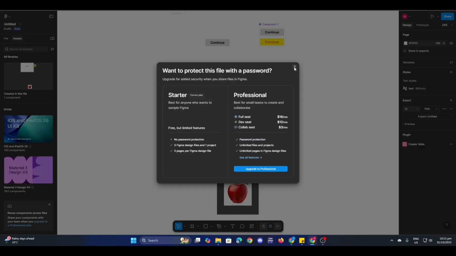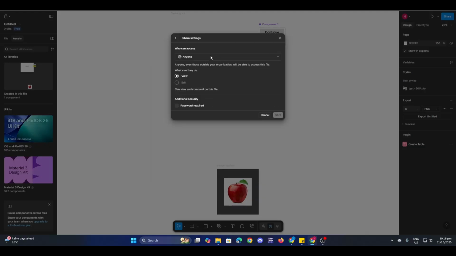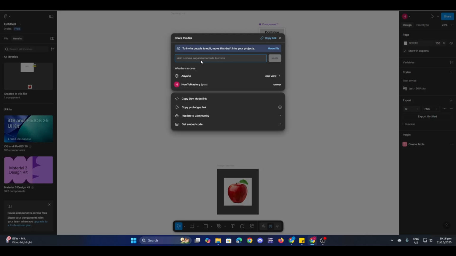Okay, so once you've edited the share settings here, you can just add their email here and then click on invite, and that person just needs to accept the invite. Okay, and of course you can also just copy this link and then share this link with anyone. Okay,